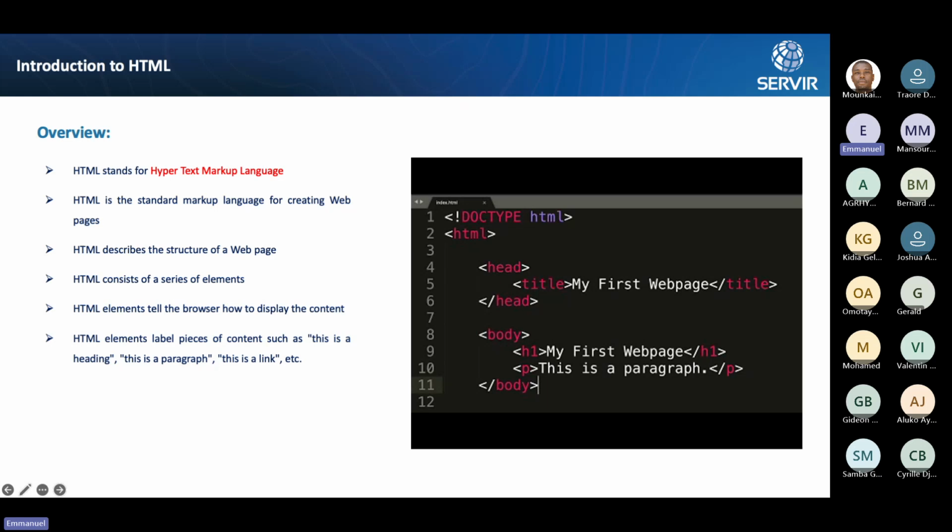On this slide, we have a combination of the HTML and the CSS. The HTML basically tells the browser how to display content onto the screen. If the content should be a title, a heading, should it be a link,